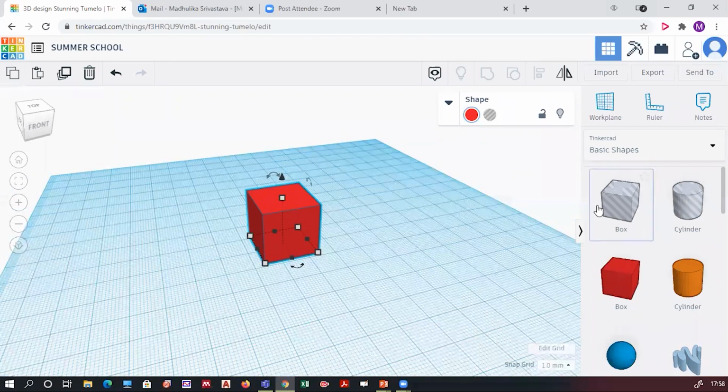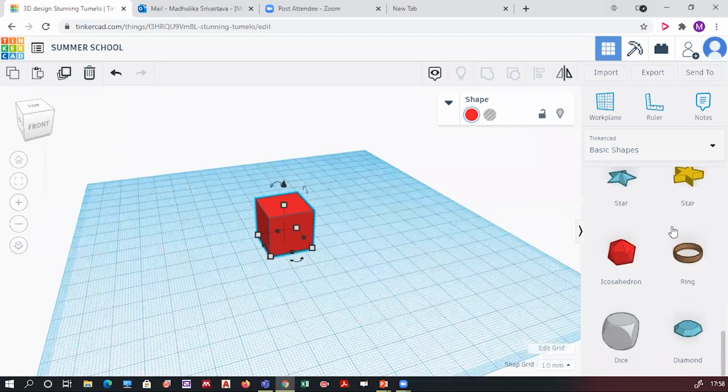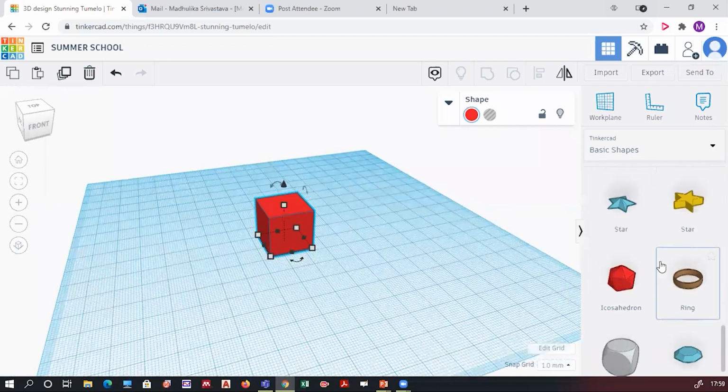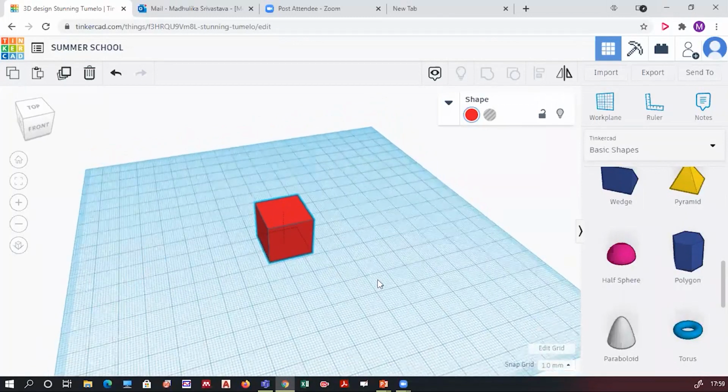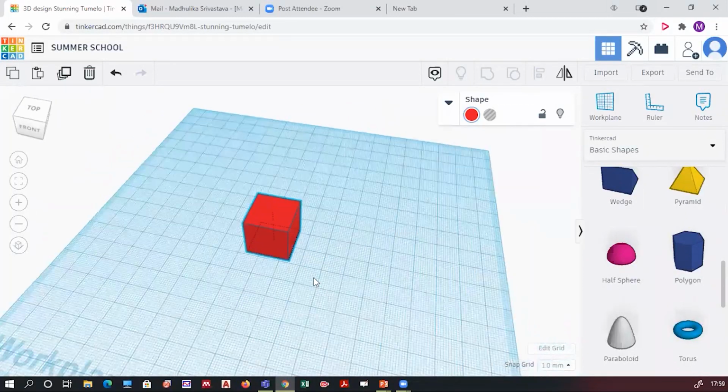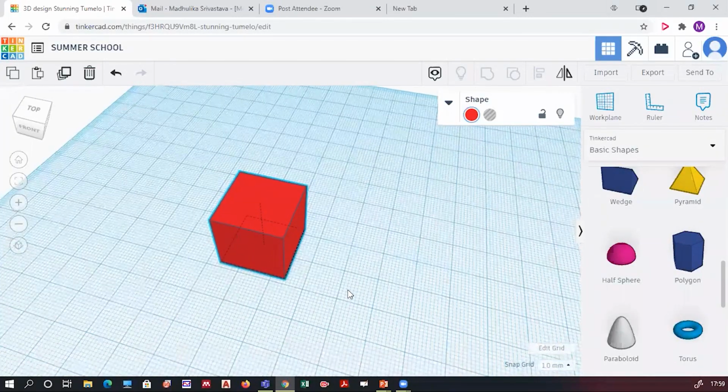No search box. See, since it is a very simple software, there will be some limitations. So there is no search box for that. However, you have to look into the library one by one. I will tell you how to draw the polygon option. You can draw any polygon. You can change it to any number of sides. I will come to that.